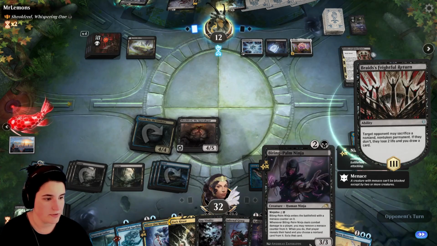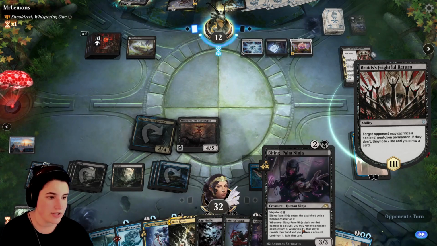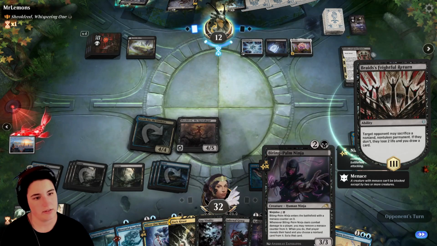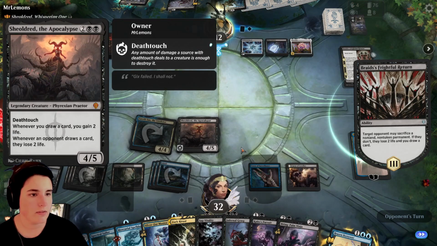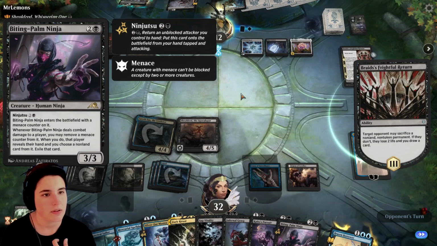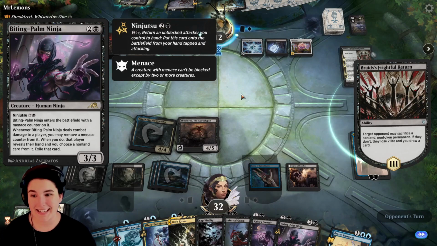Okay, we can also remove a non-land card. So if they don't play Varragoth this turn, we can ninjutsu Biting Palm Ninja to make them discard. And say if we ninjutsu Shieldred, and then Zareth swings and deals damage, then we can bring Varragoth back on our side. The question is, if I ninjutsu, is it going to bring Shieldred back to our hand? Okay, so: return an unblocked attacker you control to hand. It doesn't say to its owner's hand, so...